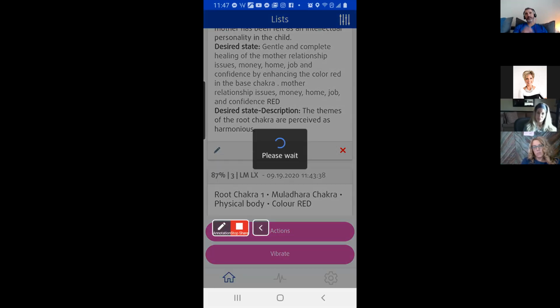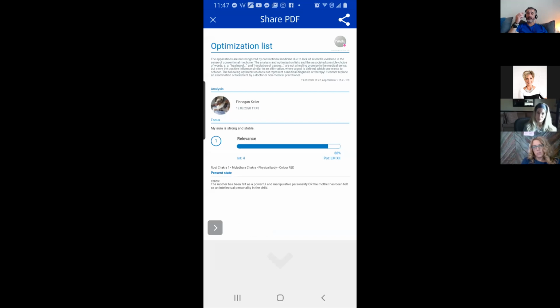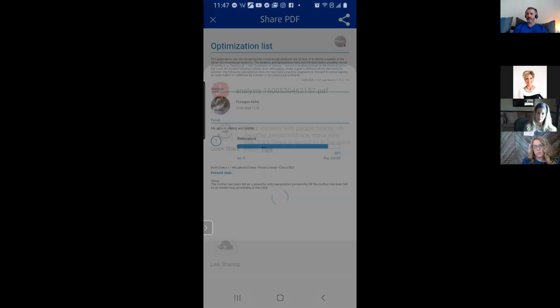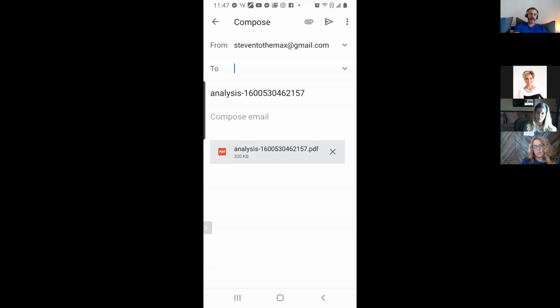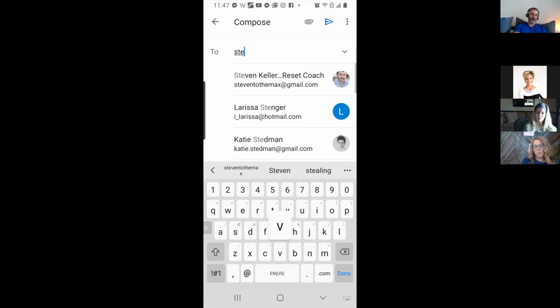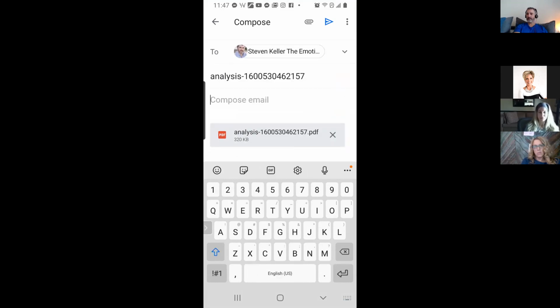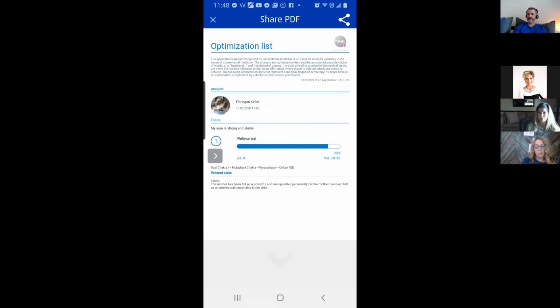What does that mean? If I'm working with a client in person or remotely, instead of taking time for all this, I can say, hey, I'll just send you an email. In the email, you see this PDF attachment, and it will send you what we just scanned. Like, oh, okay, that's super cool, I can look it over later. Yes, be awesome for you. So I might just type in aura and send it to myself. Now I can look over that later, meditate on it, think about it, look at all the recommendations.